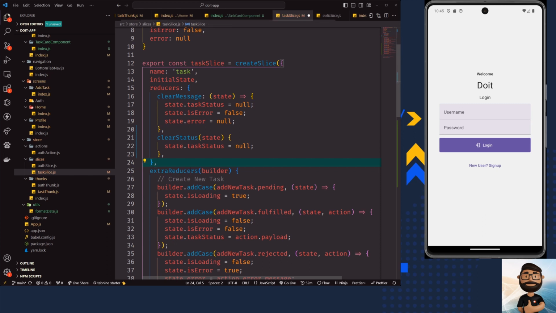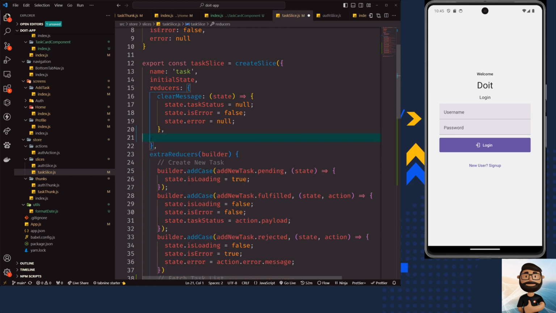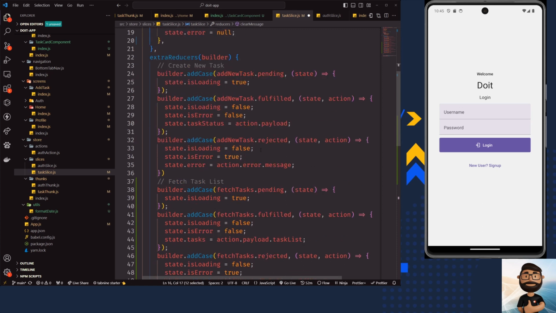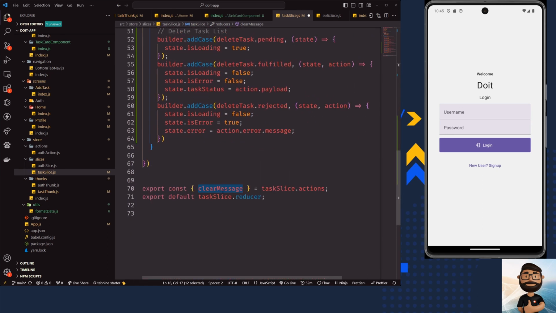Sorry. Now clear status. So we already have this clear status, clear message, right? So we are getting this task status from here. We can use this. We don't need a new